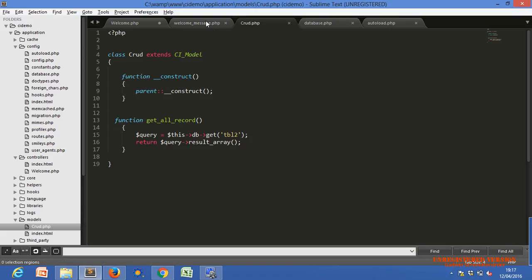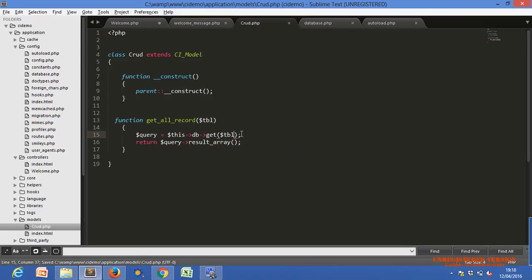Now if I want to create a universal method for getting all data from any table, right now this function is related to only TBL2. So if I want a method that works for any table, what we have to do is use an argument, $tbl, any user-defined name, and pass that variable here.